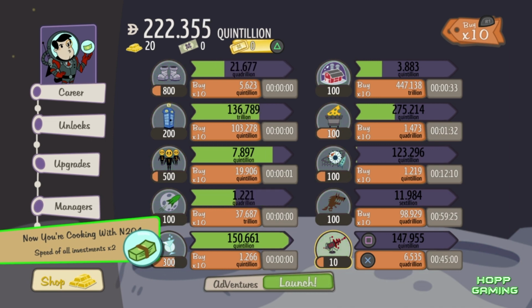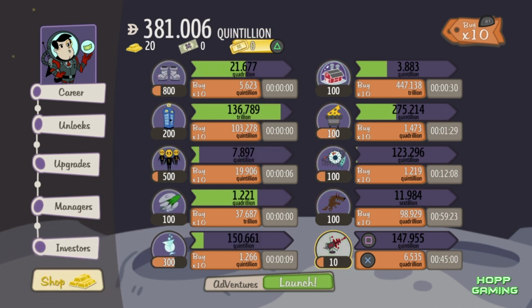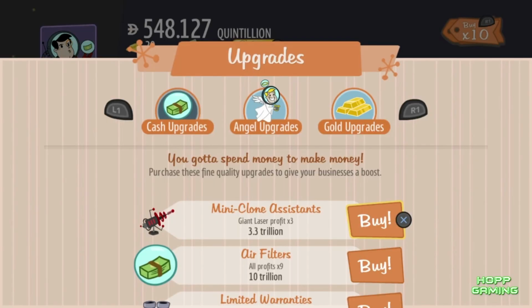And the wonderful thing is, both at 1 of everything and 5 of everything is a speed increase. So now already, as you can see, we've got all kinds of speed. It only takes something like, what, 11, 12 seconds for the oxygen bars to clear. Let's go ahead